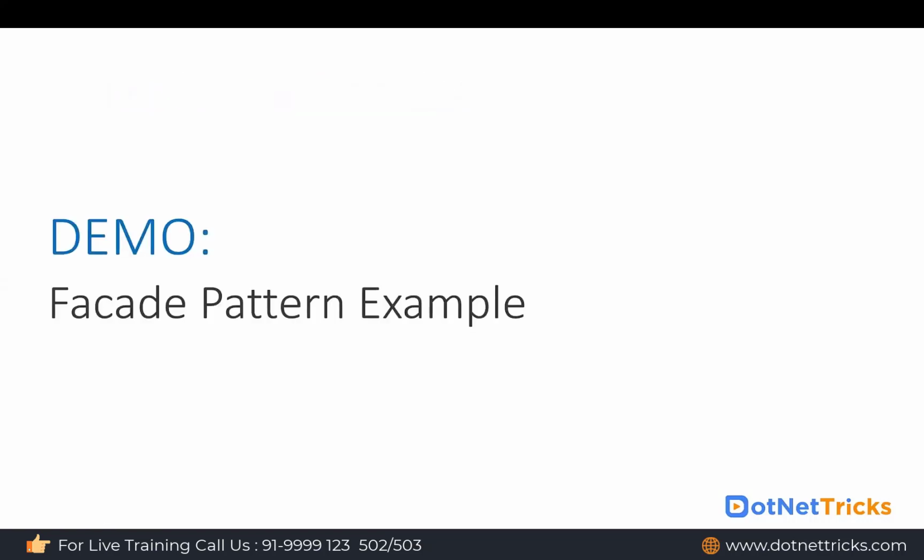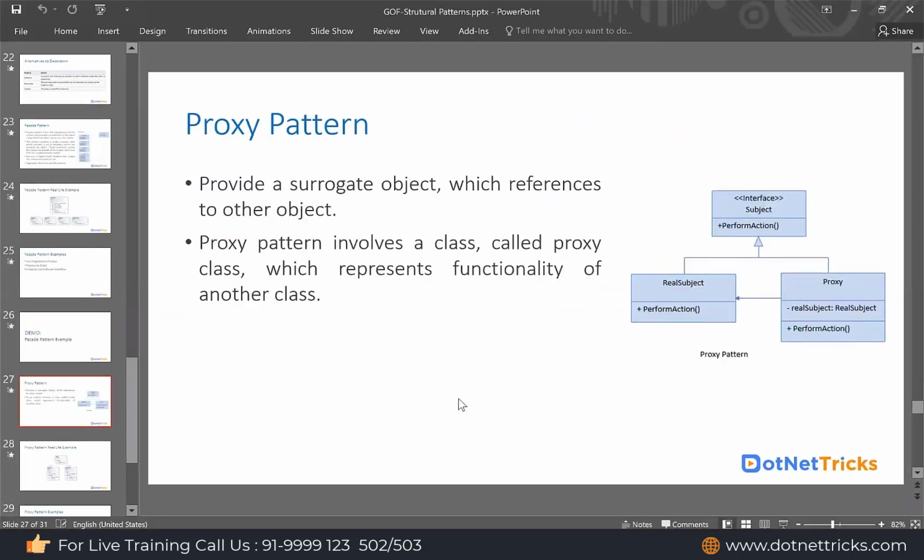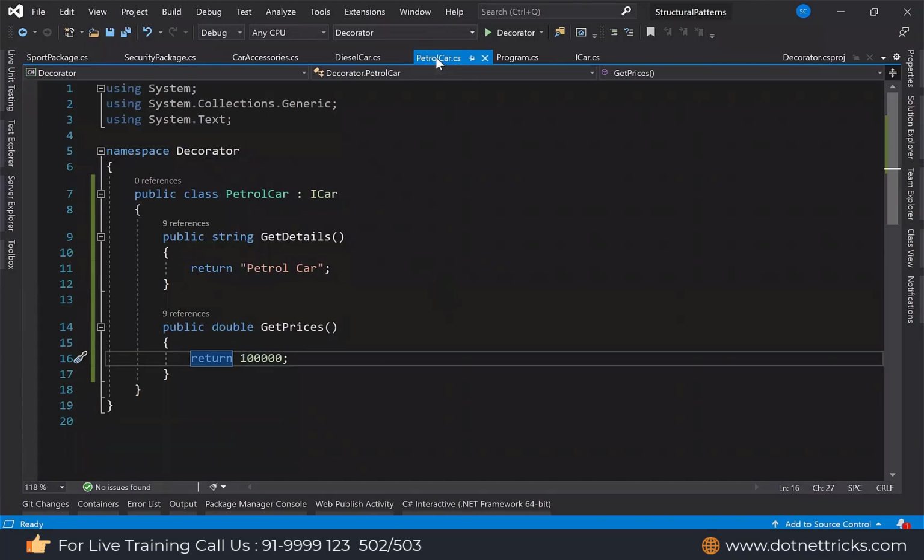For the facade pattern example, I'm taking the example of how to follow a user. Let's say you have a website. On the website, you have an option where users have their own public profile, similar to Facebook or LinkedIn. If somebody is going to follow a person, that person will be notified, and if the follow process has been done successfully, I will also get the message that now you are following that person. Even your friend also gets notified that person ABCD has started following person XYZ. So let's see how the facade pattern can be implemented for this complex process.